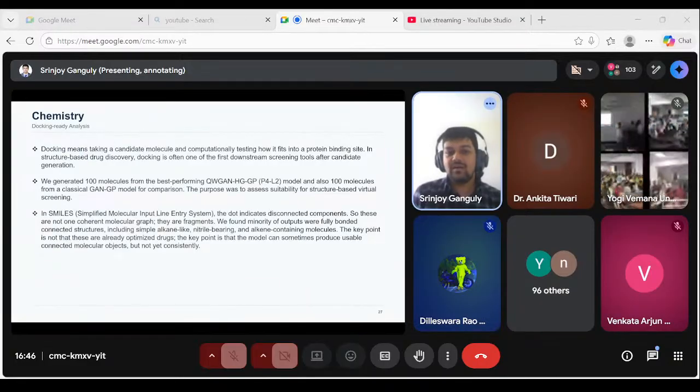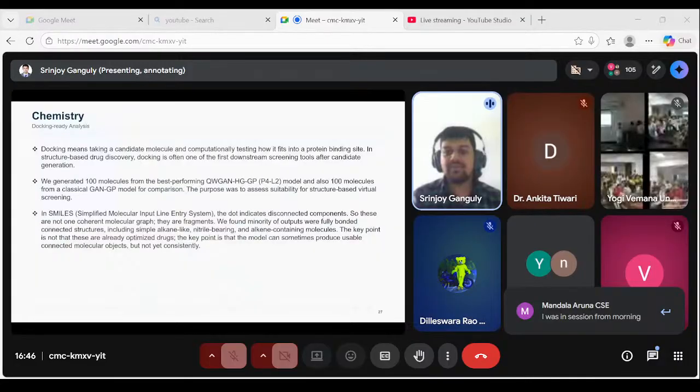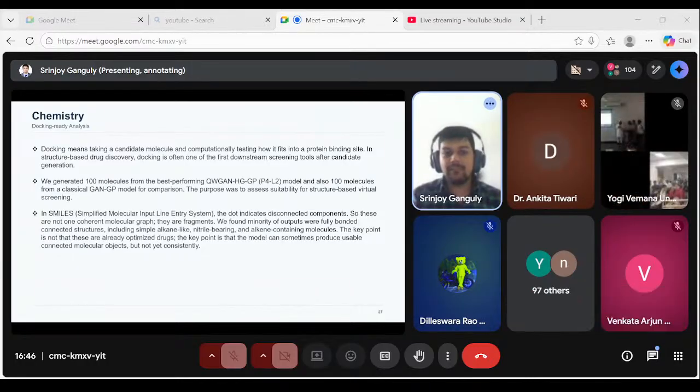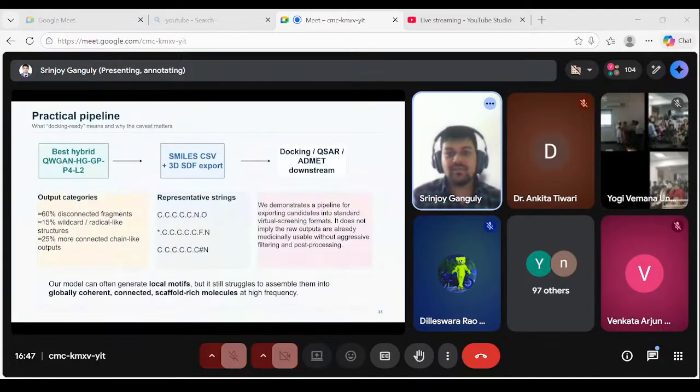Even simple ones like the alkenes and the nitrile bearing the nitrogens were not connected with each other, they were fragmented, which means they are not optimized for drugs at this point. And this is what we see. So if you see, this is a representative string, where 60% of those molecular structures out of 100,